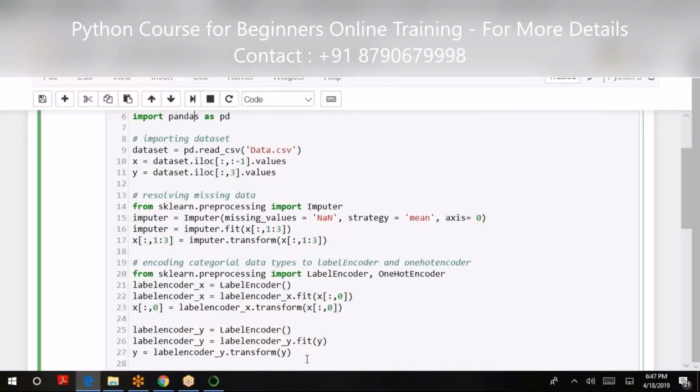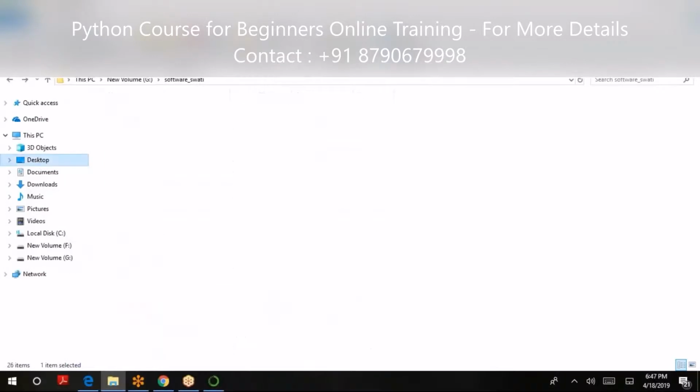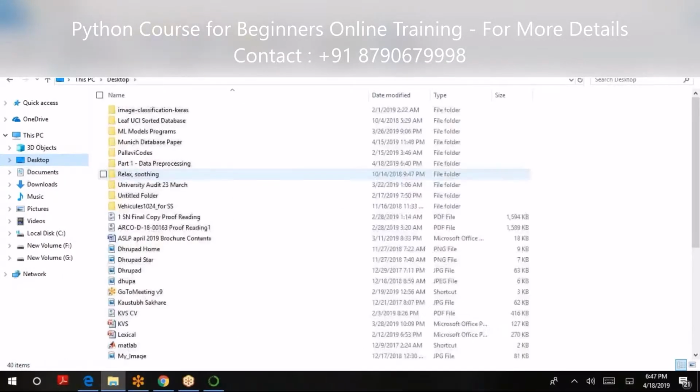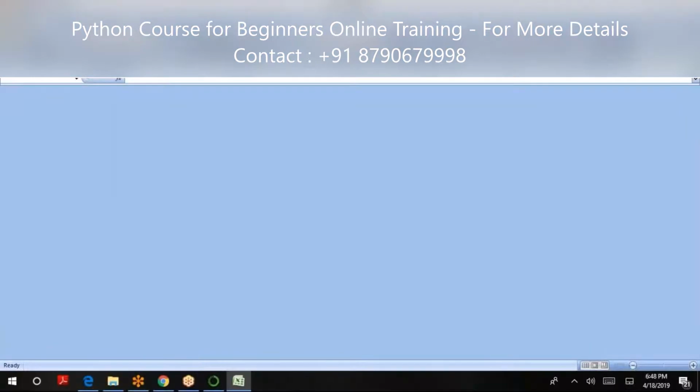Now, my data is in a two-column format. It's an Excel sheet. Let's see it on the desktop, in data pre-processing. This is my data, which is an Excel sheet holding two columns, x-axis and y-axis.